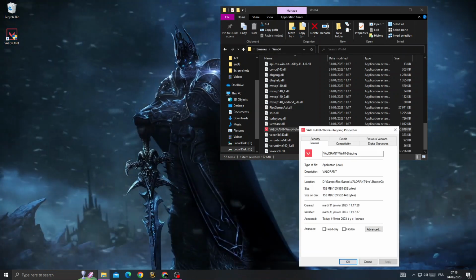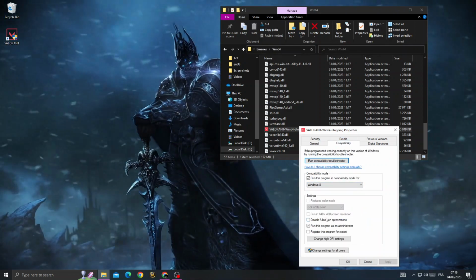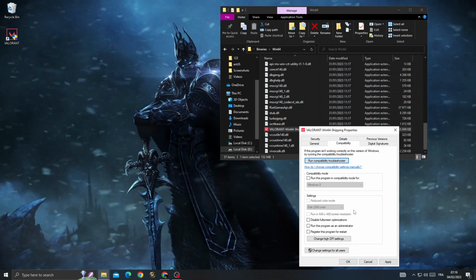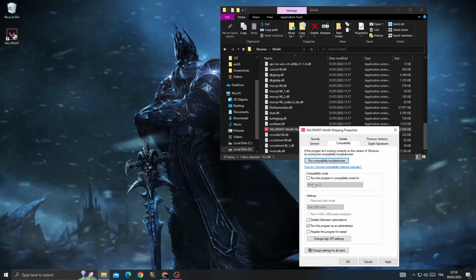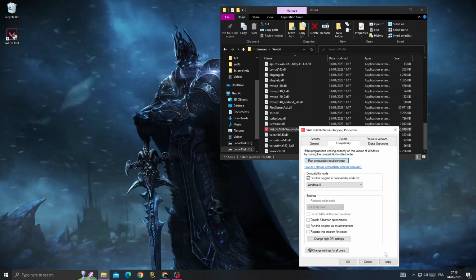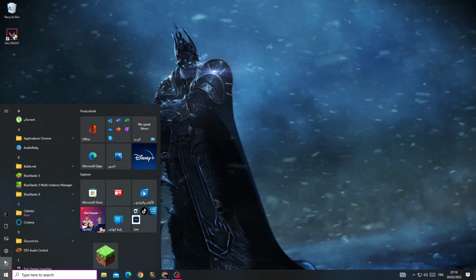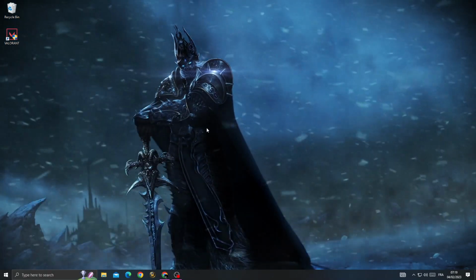Now after that, all you need to do, just click compatibility, and then you will find it like that. Enable this option, and now run in compatibility mode for Windows 8, apply and OK. Now just restart your PC and you will find that your problem is fixed, and that's it for